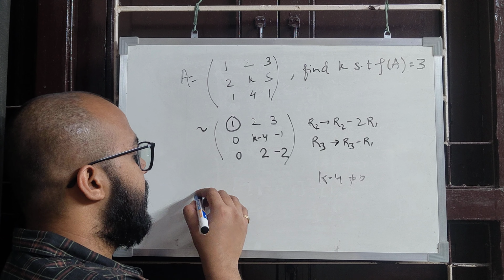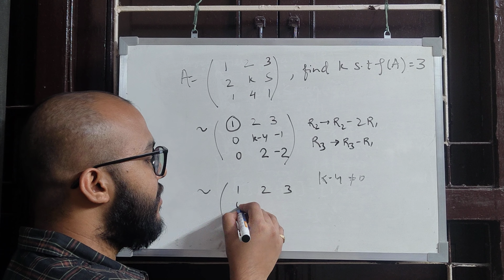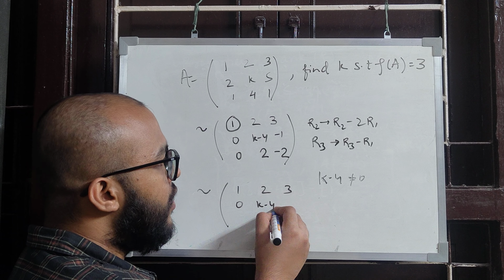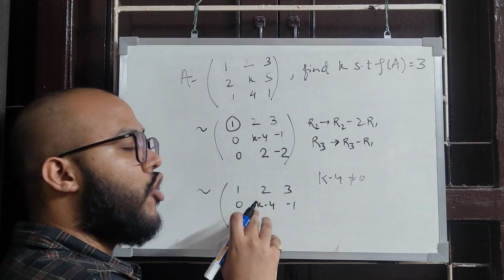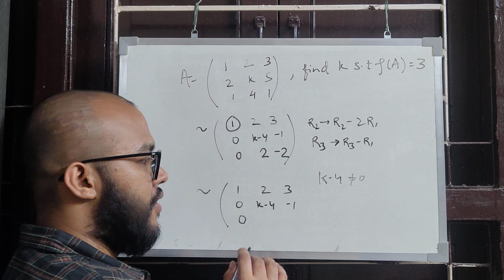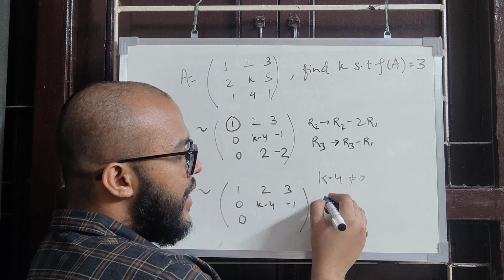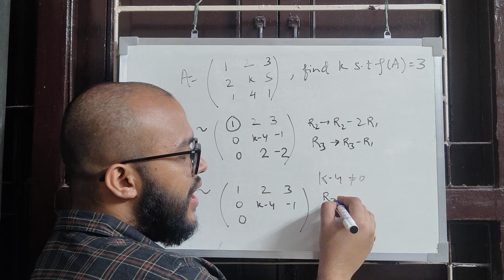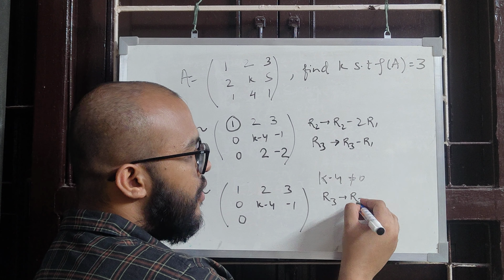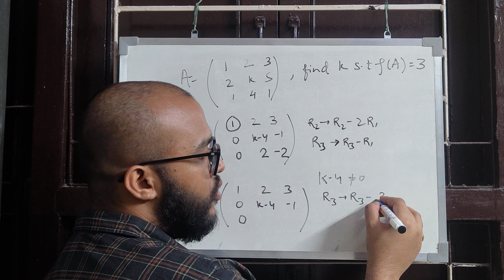See, this is 1, this is 2, this is 3, this is 0, k minus 4 and minus 1. We'll copy this row as it is. We have to make this 0, so let's do it. I am taking row 3 as row 3 minus 2 times